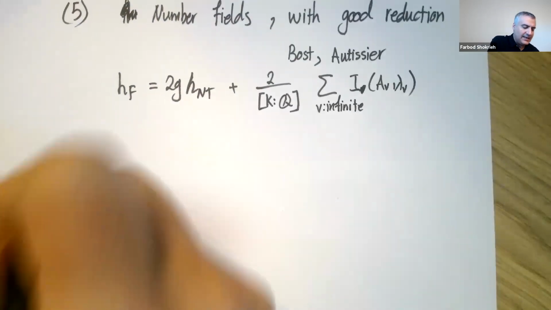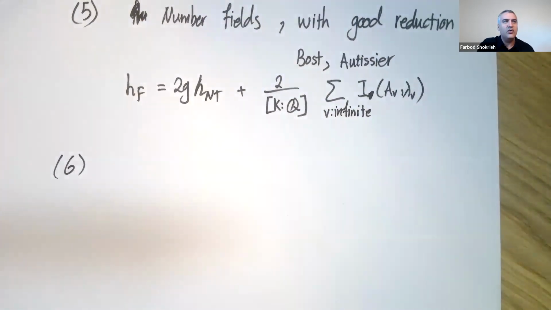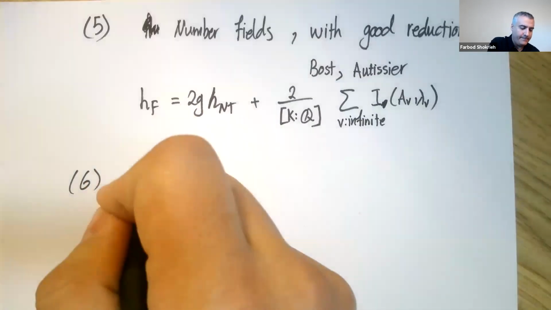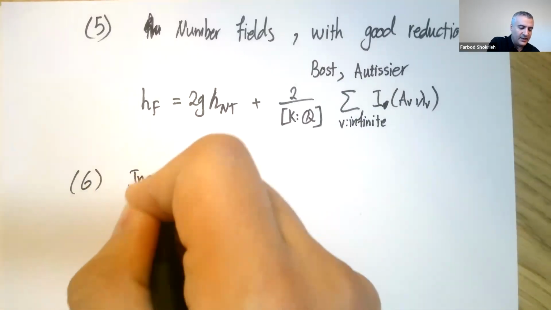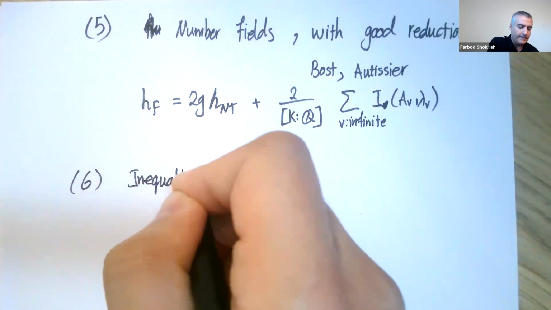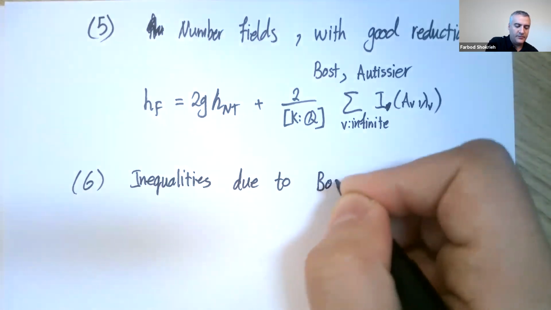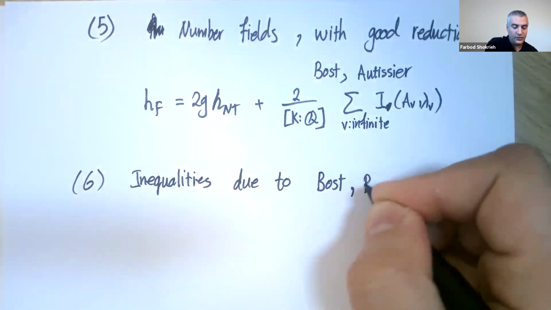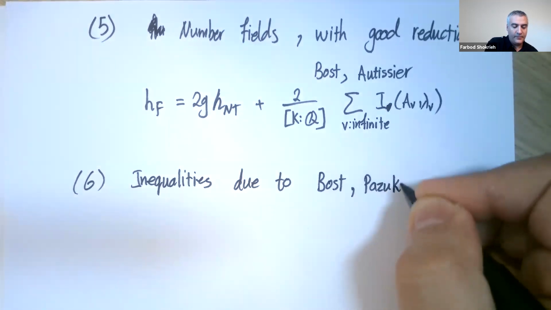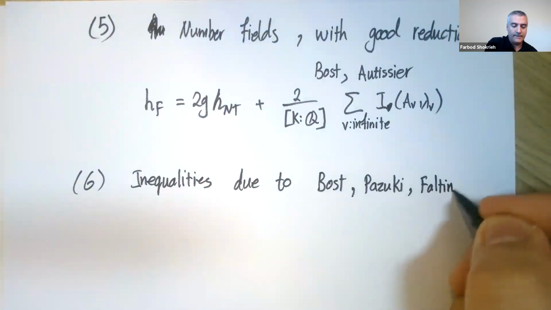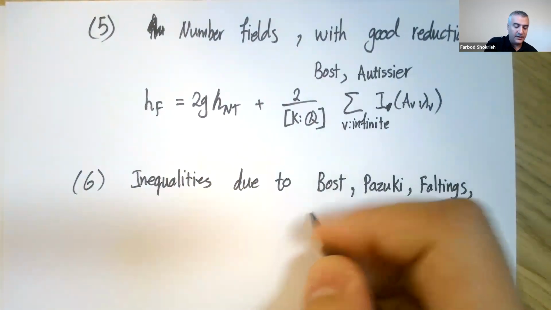And then maybe the last comment is that there are all sorts of inequalities known for Faltings height over function fields or over number fields with various degrees of precision, many of them, or the ones that I have looked at, due to Bost, Pazuki, Faltings in the case of function fields, Wagener,